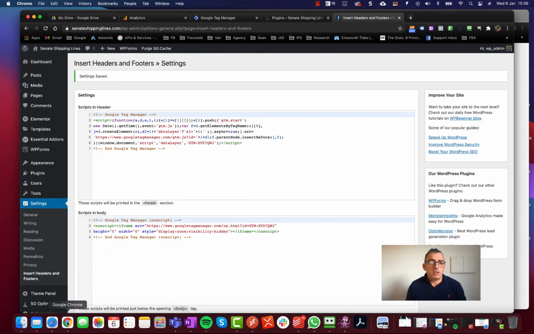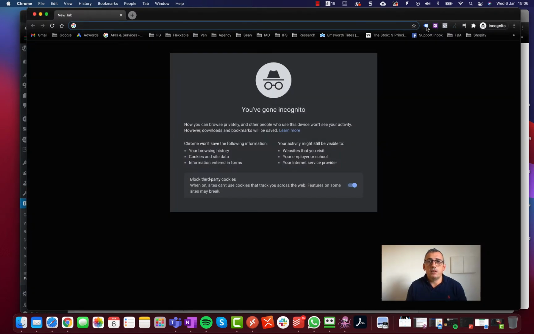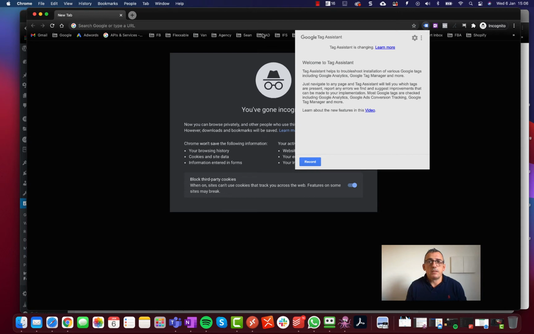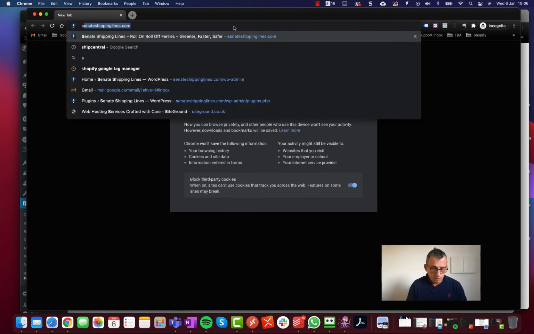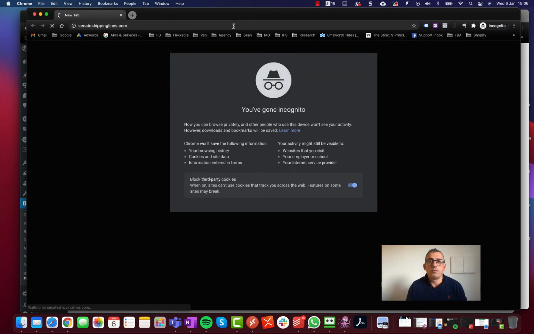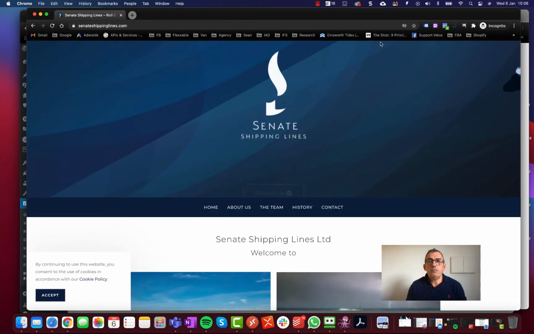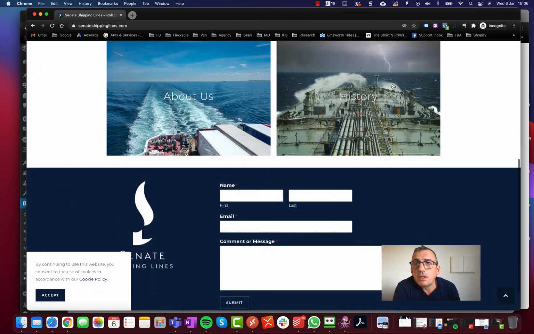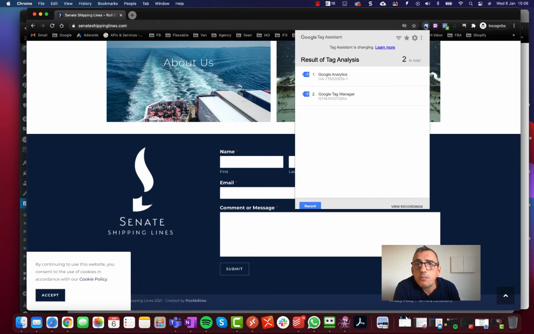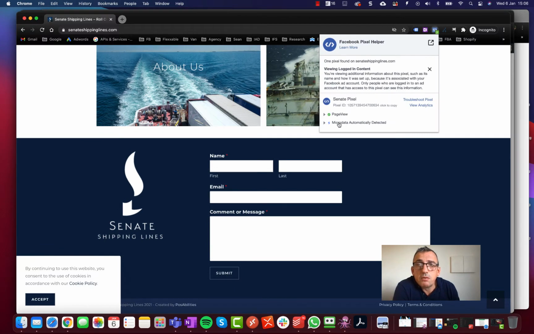And now I want to check if that has actually been installed on the site. So I'll go back in here and use my little Tag Assistant to check that. Now we get a much different thing showing here. We see that we've got Google Analytics and Google Tag Manager. It's also put the Facebook pixel there.